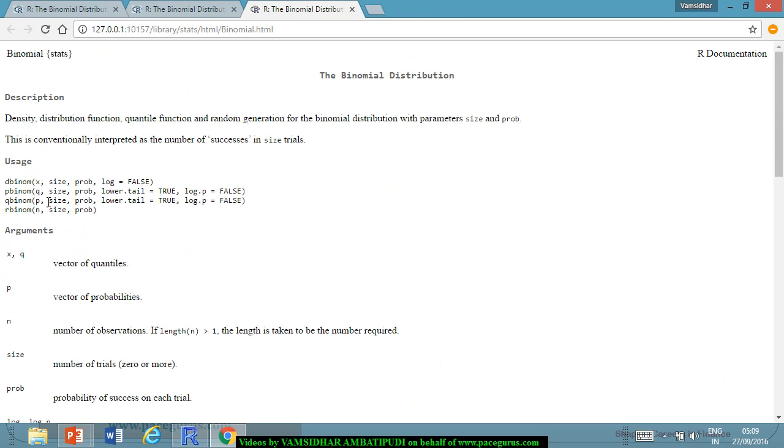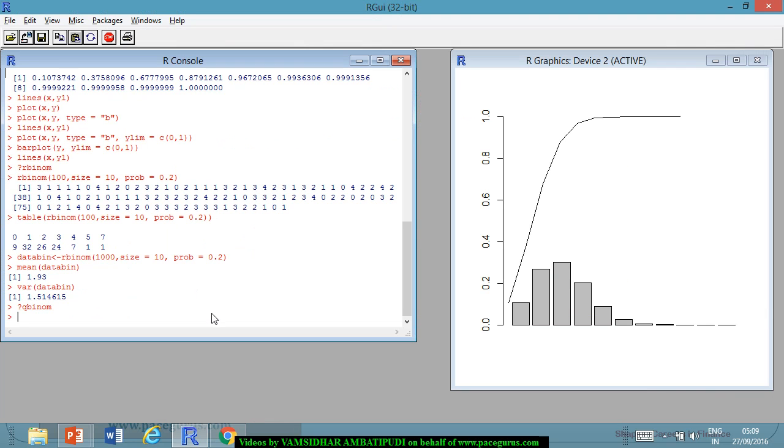Again I have to give the p, which is the probability, size, and the probability of success, all these three. So I'll give qbinom, let's say I want 0.8 probability, and size equal to 10 and probability equal to